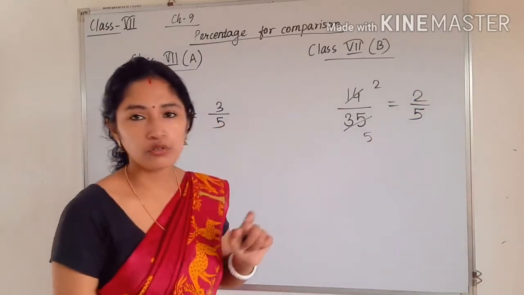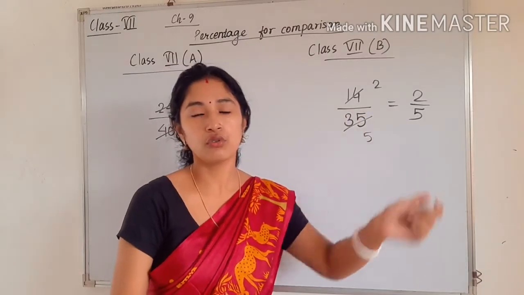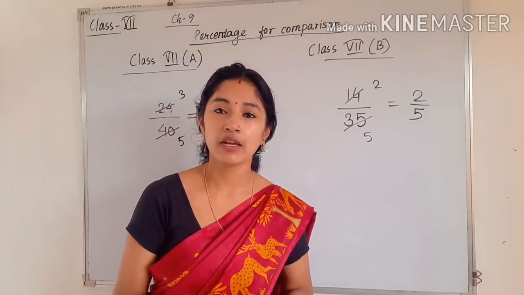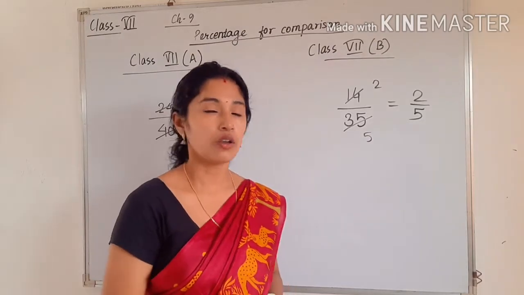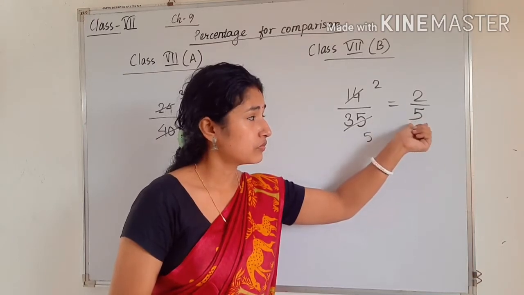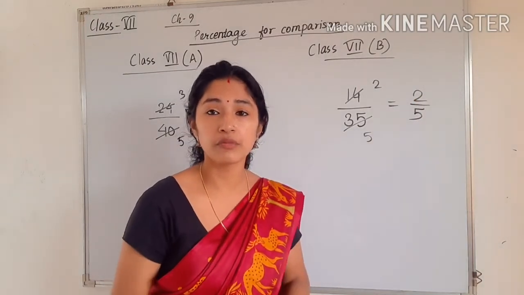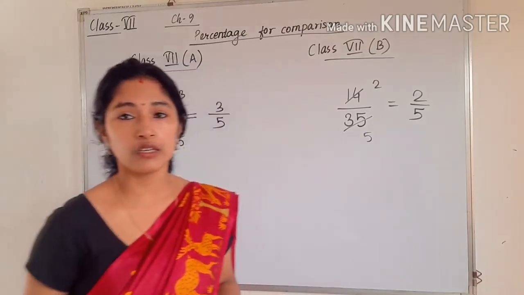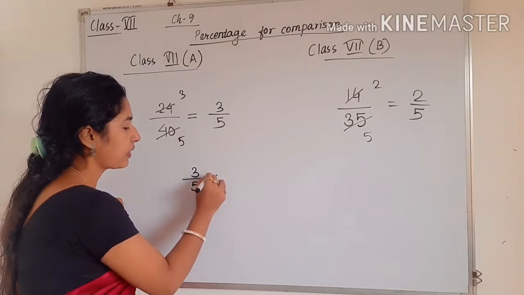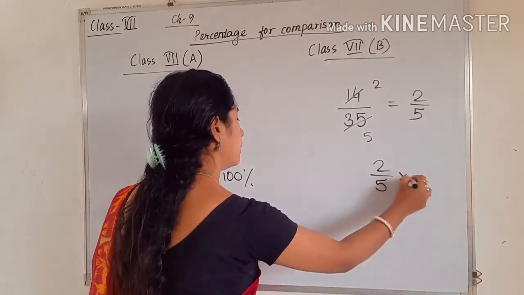Next, what you have to do, now you get this in ratio, in terms of ratio. So you know that how to convert a ratio into percentage. You can simply multiply it with 100% or you can directly multiply a suitable number in numerator and denominator so that the denominator becomes 100. Okay, so you can use any of the two methods. So see, I am doing the second one, that is I am multiplying it with 100%. Here also I am multiplying it with 100%.